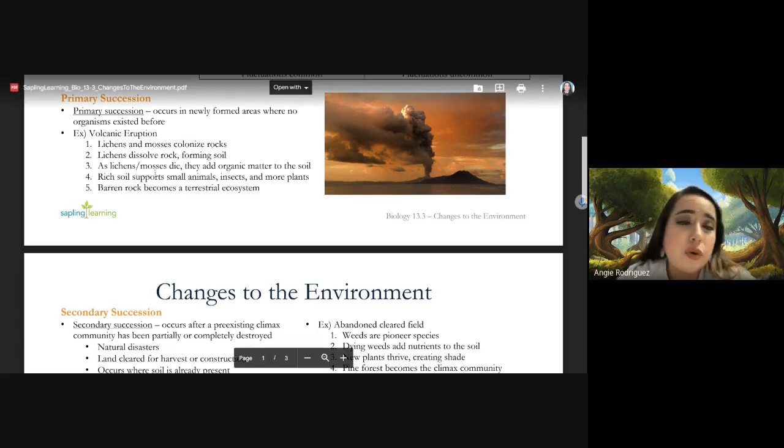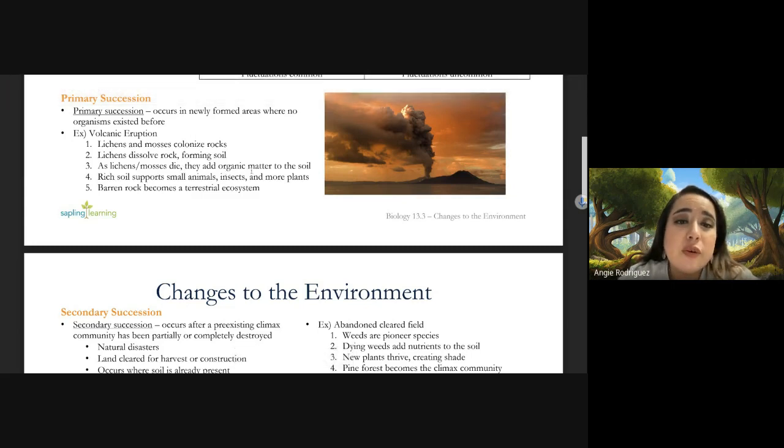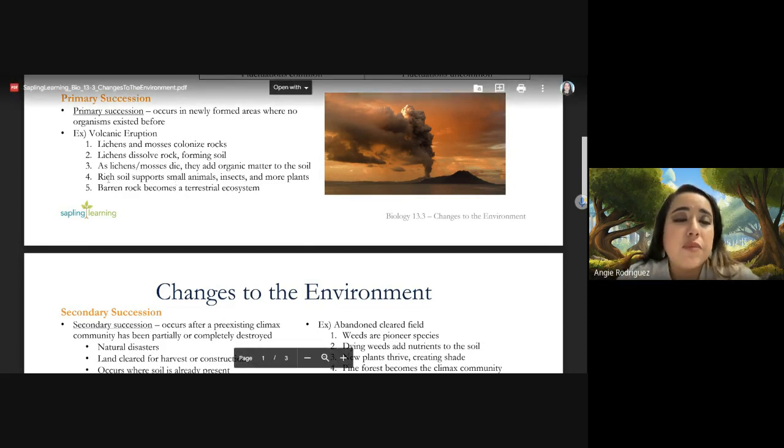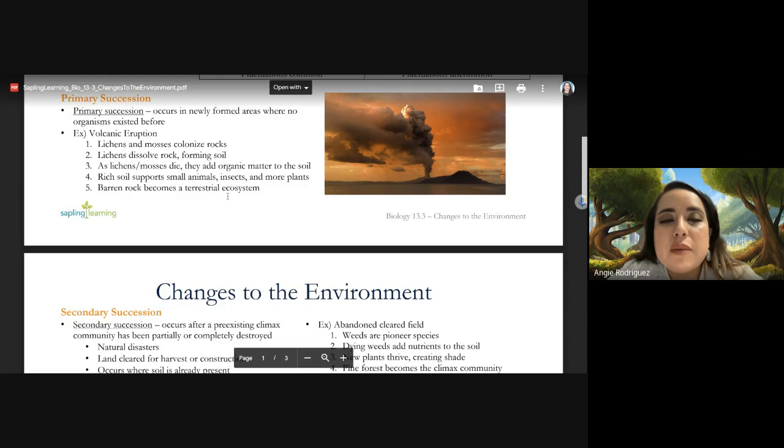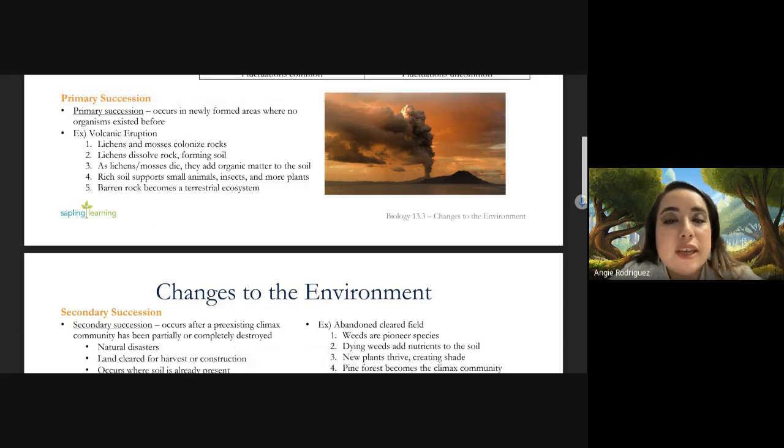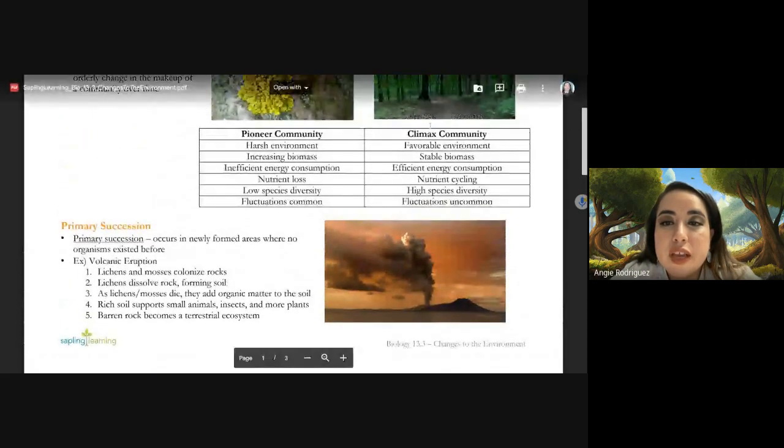As lichens or those mosses die, they're going to add organic matter or more carbon into the soil. So that's going to start to bring in more different types of living things. The soil then becomes rich, and it's going to be able to support small animals, little insects, more plants. So slowly but surely, we're going to be bringing in more different types of life or more biodiversity. So that barren rock can become a terrestrial ecosystem, and eventually we're going to end up with our climax community,